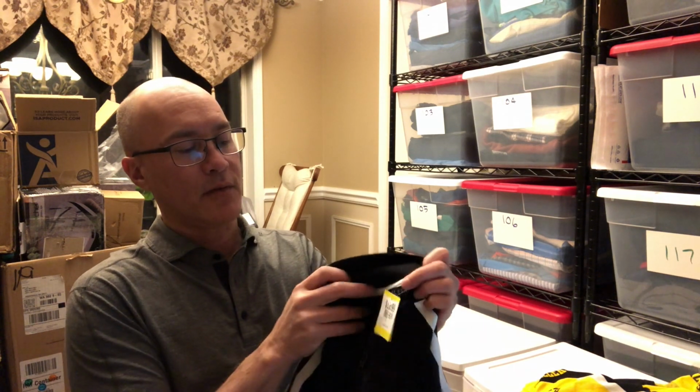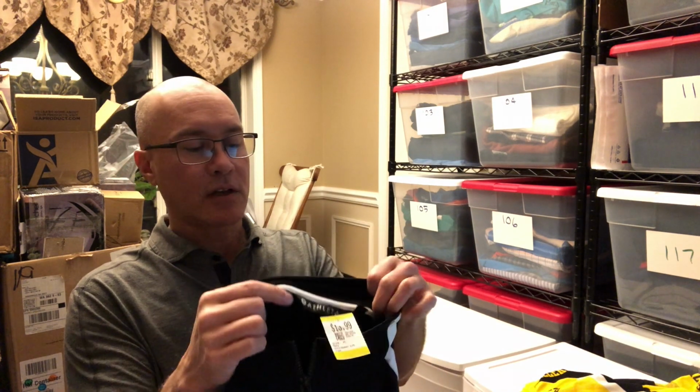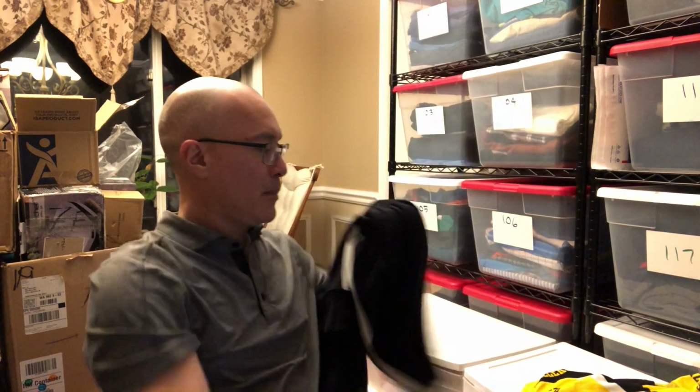But in this case, I'm not super familiar with the different styles of athletic clothing. I assume based on the size, this is an XL, that it's for men. I paid $14. It's in good shape, and I understand that Athleta is a pretty decent brand, so I picked it up. I'll have to do a little bit more research on that. All right, next item I picked up